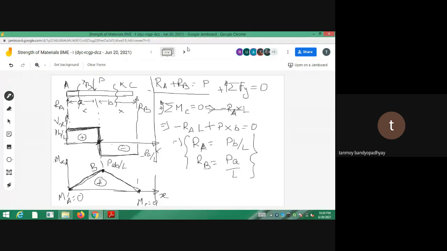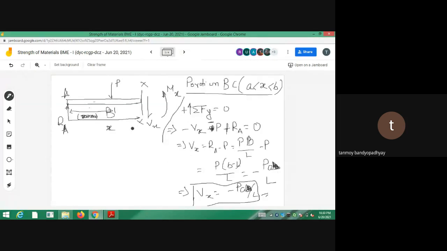Number one. And number two, the last one, you can do this thing at your home. You just have to consider the right side of the element. For the right side, I'm just writing it. If I do it from the right side, the right side balance will be something like this. This was your RC, and since you are at this point, this is XX, you haven't reached the point B, so no effects will be there.